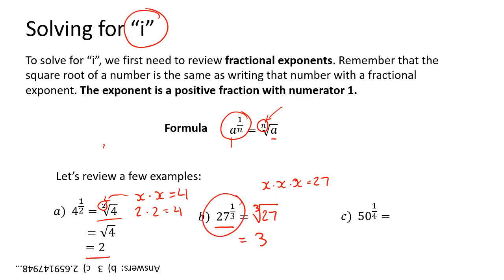Okay? So let's look at a next example. 50 to the exponent 1 divided by 4. And that's the same as putting 50, then pressing that little hat symbol and putting in brackets 1 divided by 4. I always put it in brackets so your calculator knows to put that fraction in as one number first. Again, it wants to follow order of operations. And if you calculate this one out, this one you can't do in your head, and you get 2.66, rounded, I included a lot of decimals. So this principle